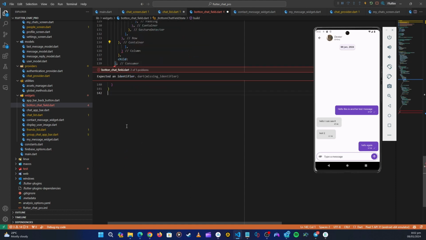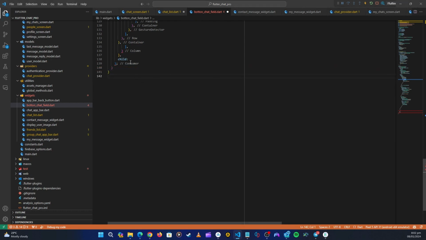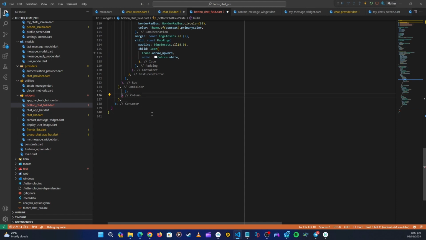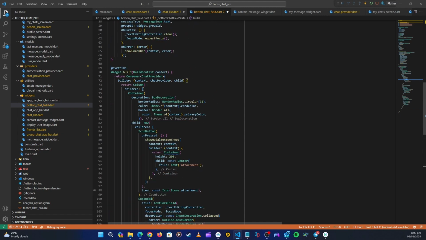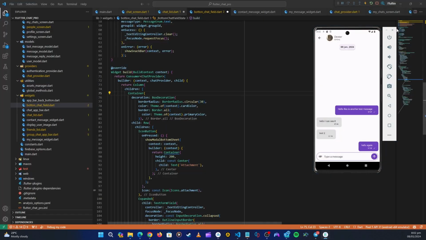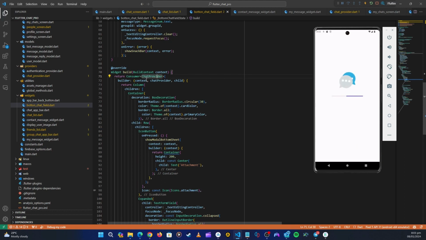Let's minimize that. Okay, we can remove this child, and then now we can close that column like that. So the first child is going to be the container, but now let's have the first child before this container, because right now I can restart. There won't be any problem. Everything just works. We've just wrapped this container inside the consumer